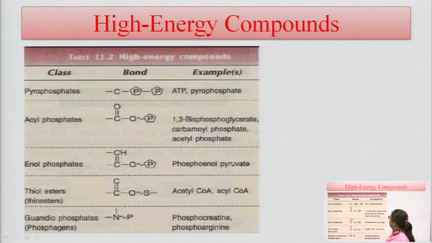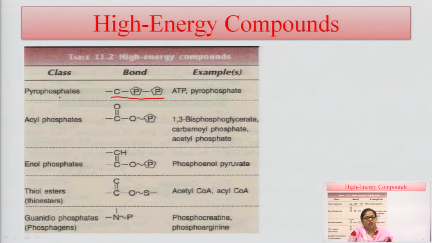This is the general bond energy compounds. In this bond energy compound, we started with the pyrophosphate. In this pyrophosphate class, there is one carbon reacted with two or more phosphate bonds, so that these phosphate bonds, when hydrolyzed, give the high energy compounds. This pyrophosphate class, which has different phosphate groups in its structure, when hydrolyzed